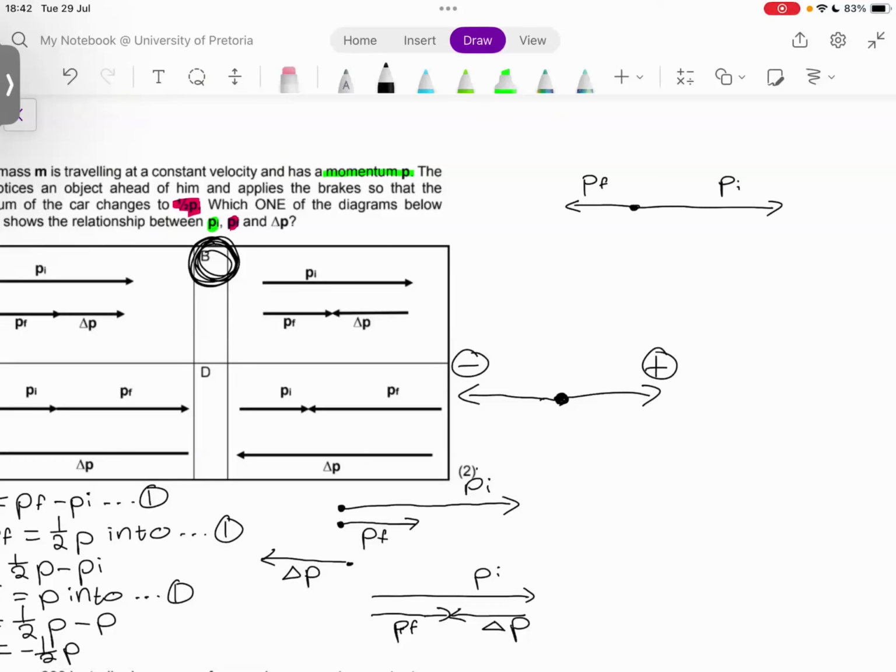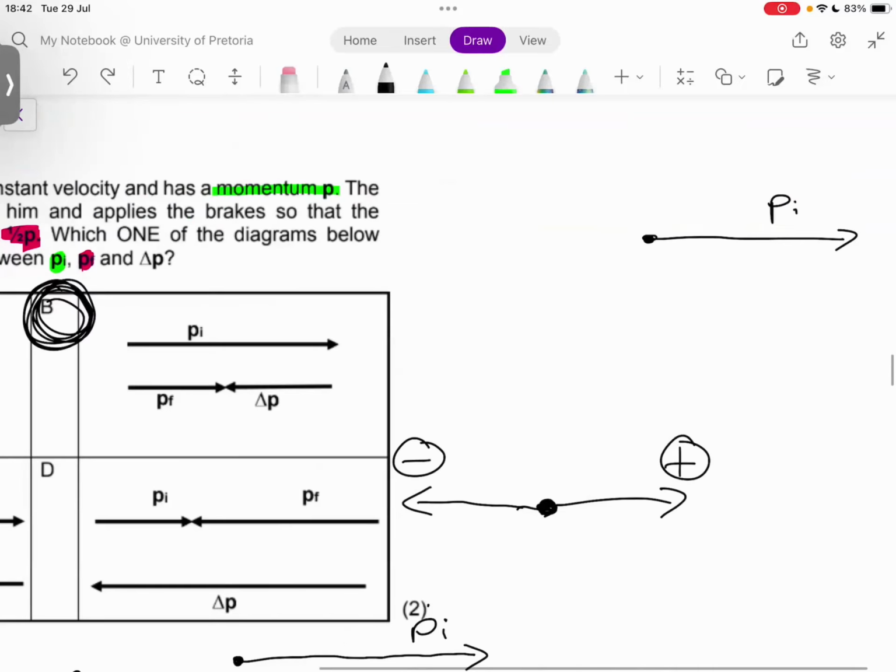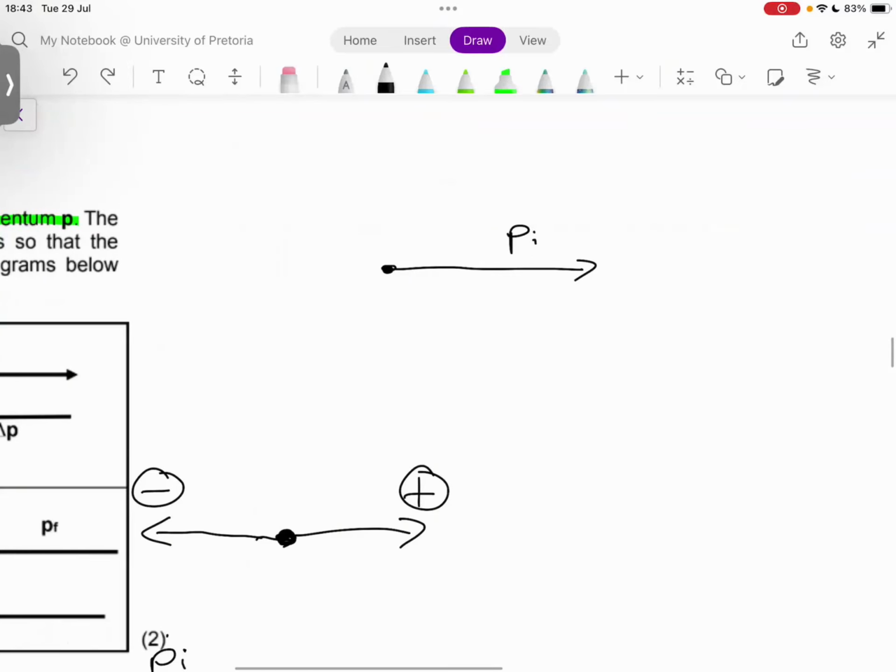This would then give us a resultant vector, because remember, momentum is a vector. So you have PI going to the right, and then you have PF going over there. If you want to subtract, you have to flip the direction of one of them. That'll then give us, because it's final minus initial, remember guys, the change in momentum.